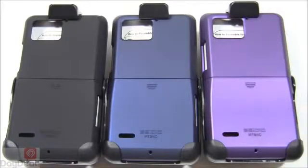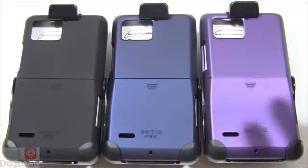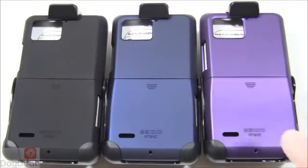We've always generally liked it from Seidio. Nothing too great, but at the same time, nothing bad at all. And we think it's a good overall value if you buy the combo kit. If you buy it by itself, MSRP for the case is $29.85, as well as the holster by itself is $29.95. That can be a little bit on the pricey side, so you might want to check around, shop around. But all in all, definitely a